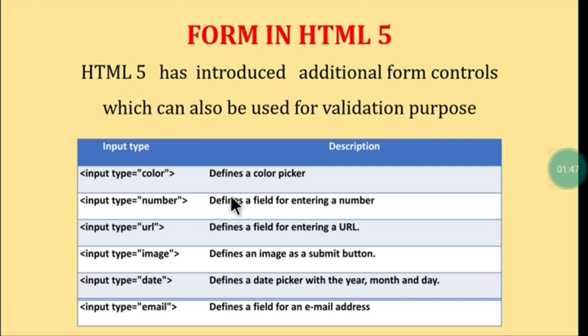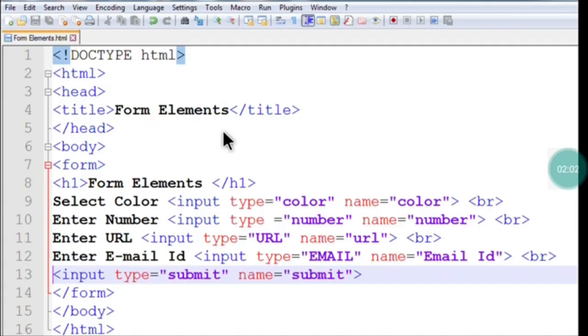So how to start writing an HTML program? To start writing an HTML program, first you should have Notepad++ on your computer, or only Notepad. This is there by default on your computers. Once you start Notepad++, you will see a screen like this, or you can open Notepad. So I have opened Notepad++ on my computer.